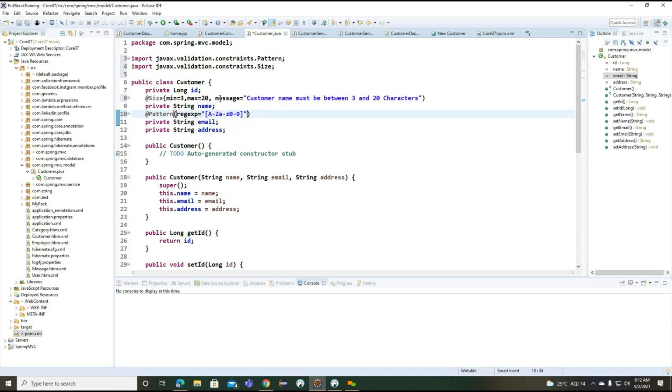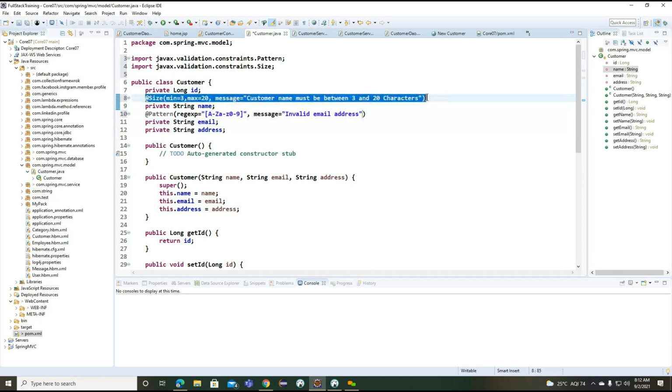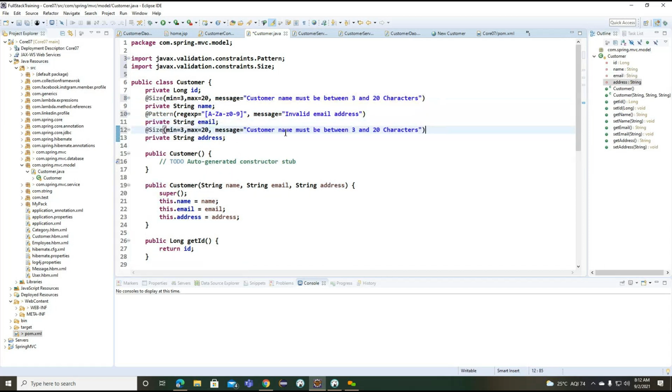And so the message we need to provide here: invalid email address. For this particular email address also, we can go for the size here. Address also, we can give 10 here.